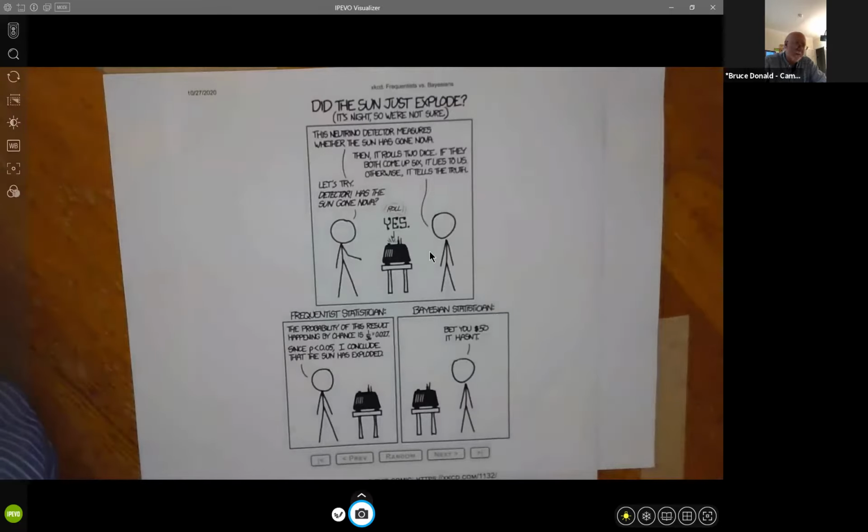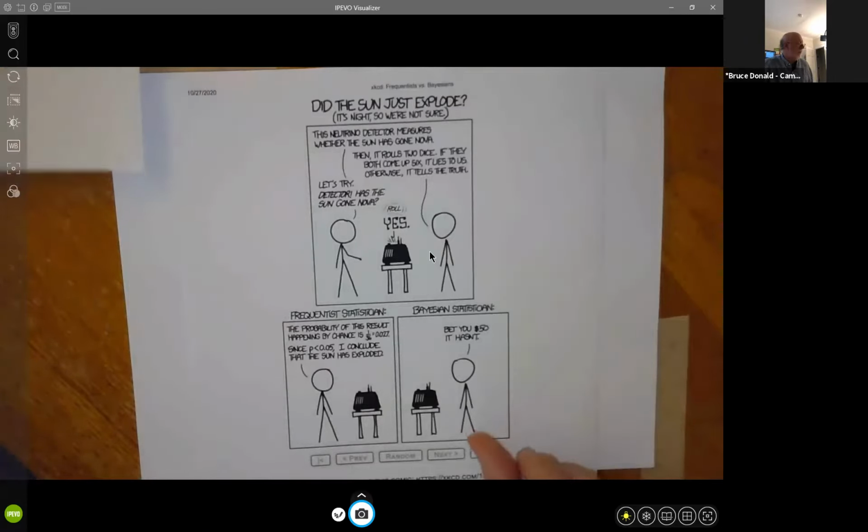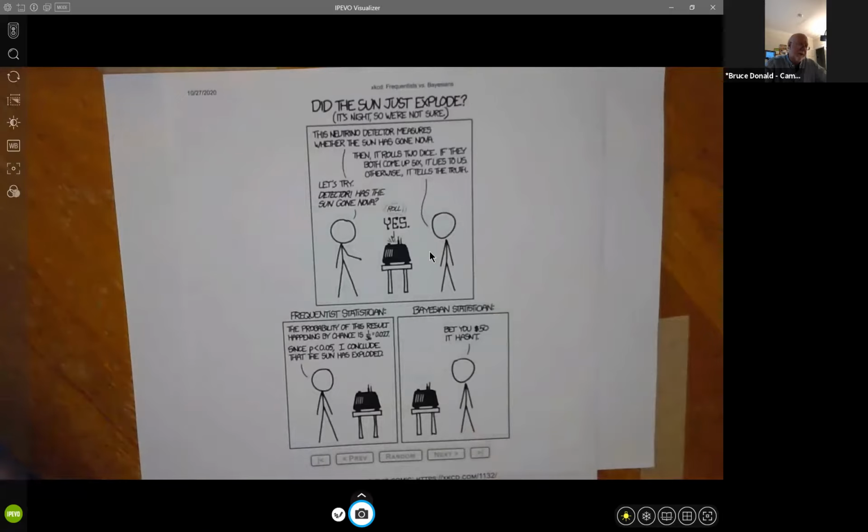And based on how you interpret probabilities, you might be worried in various different ways about this. So the frequentist says the probability of this result is just like with Desmarais, about 2%. Probability. So I'm going to conclude the sun has exploded. And the Bayesian uses the prior information, which I will tell you about, in order to conclude that this is extremely unlikely. So we'd like to sort of understand what's going on here.